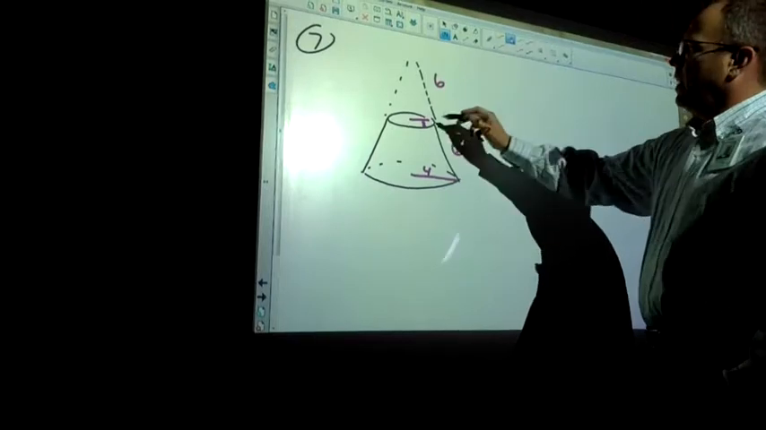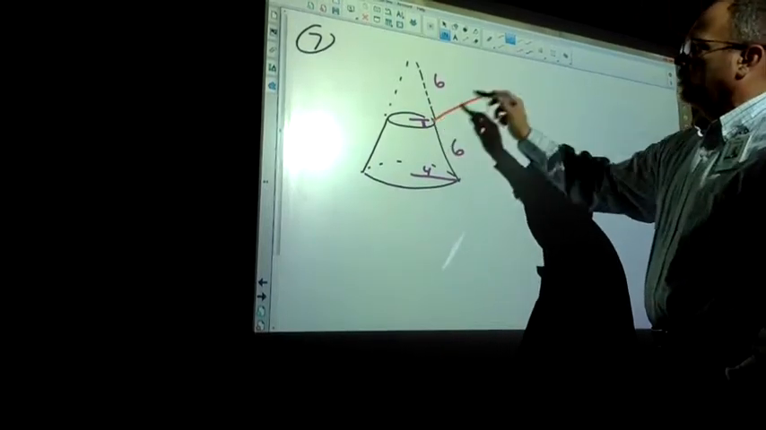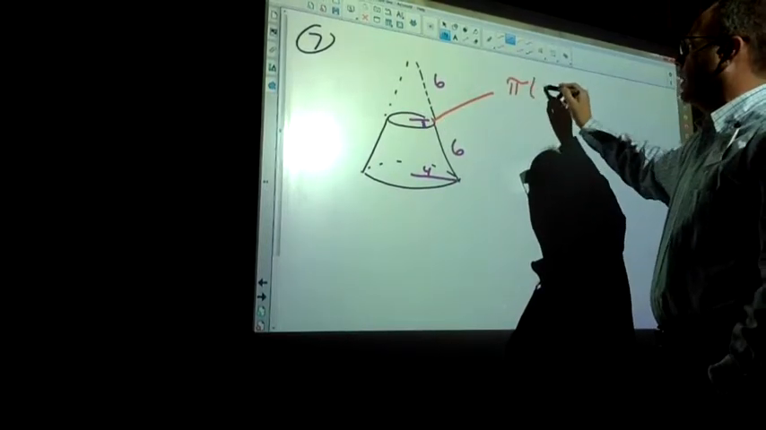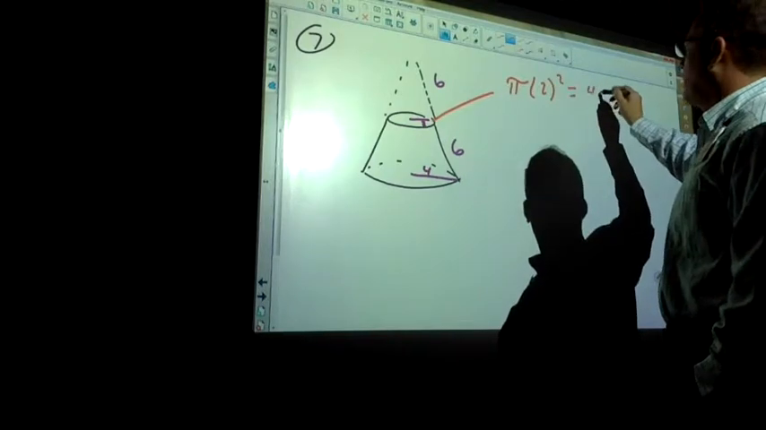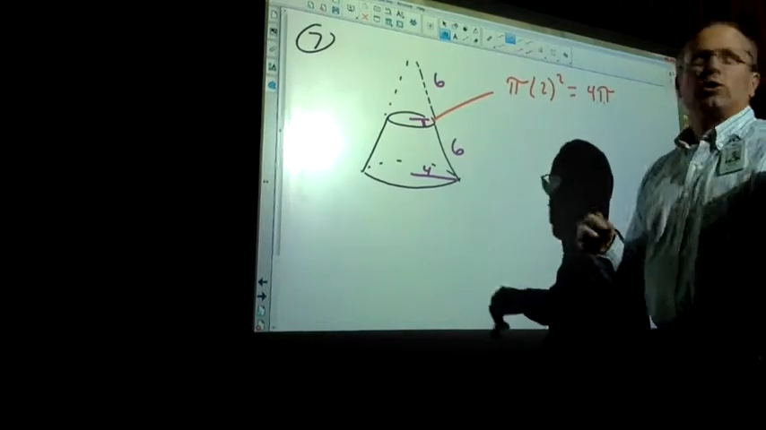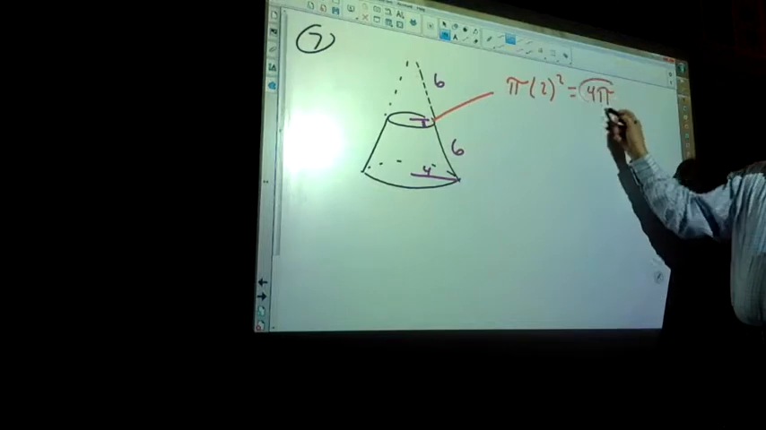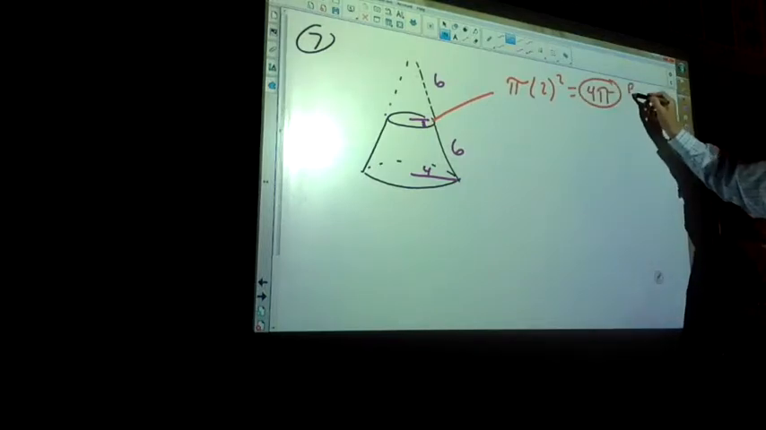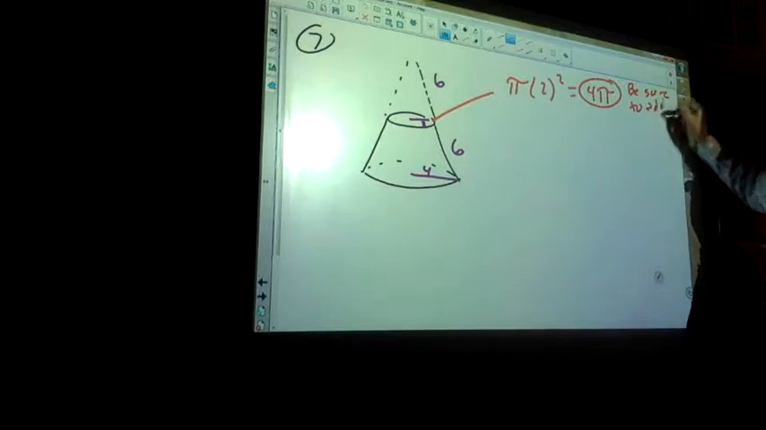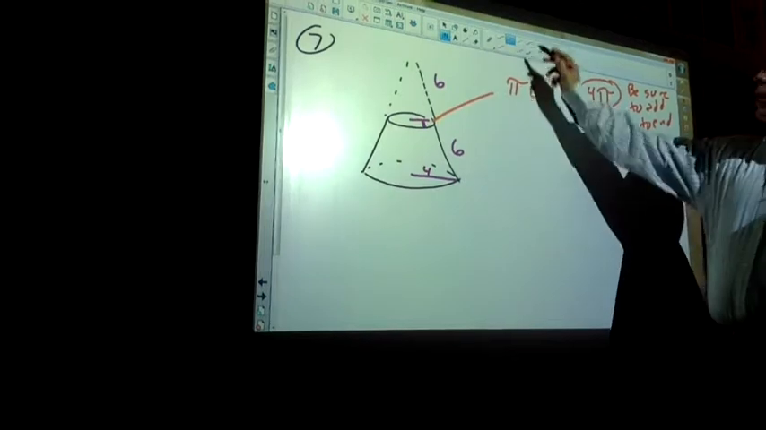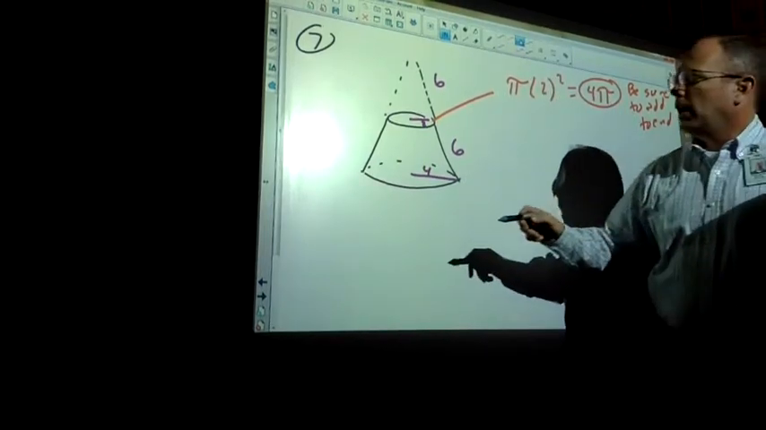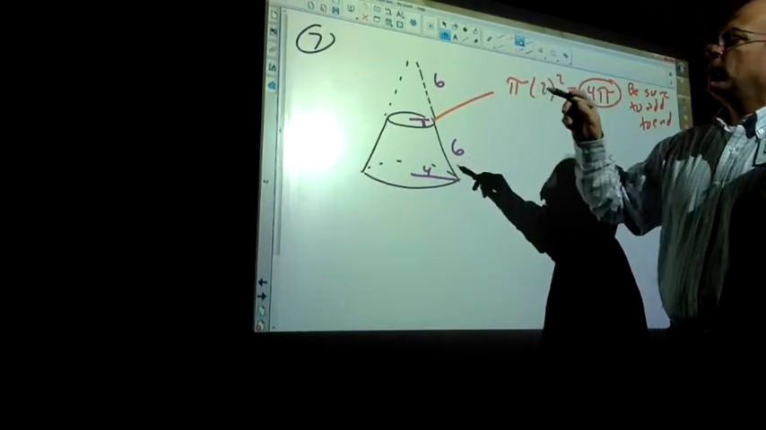So let me just find the area of that circle real quick. That's pi r squared, so pi times 2 squared. So 4 pi is that little area. We'll have to add that in at the end. Okay. So I'm going to find the surface area